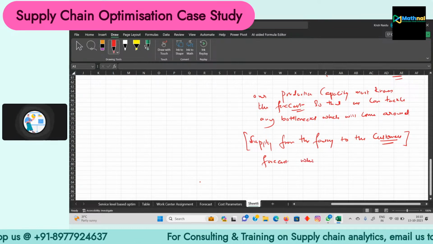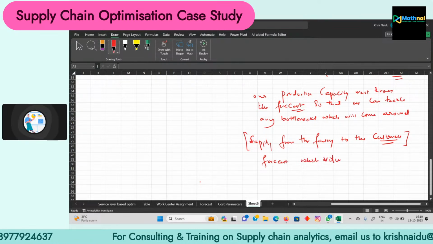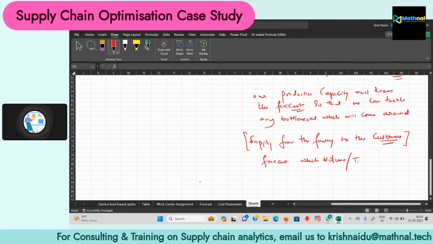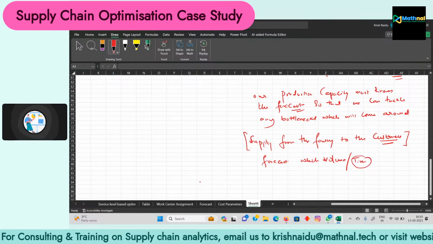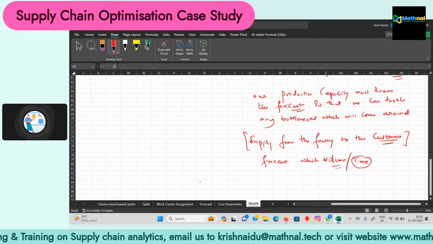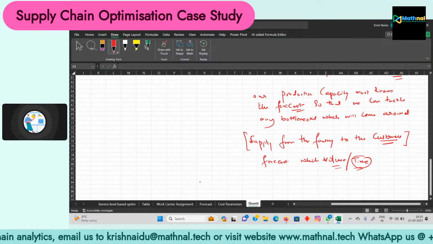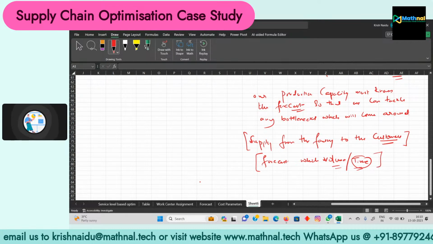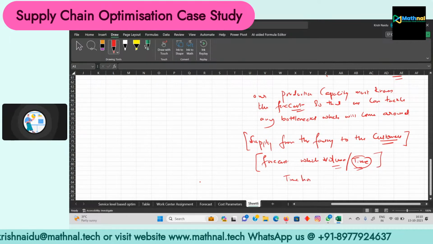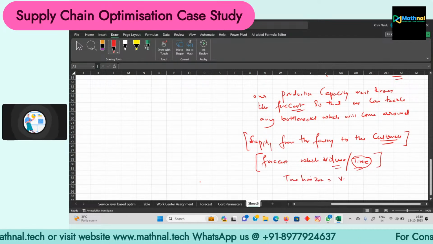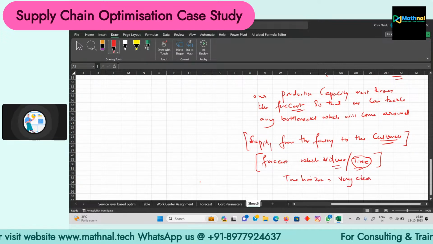which is per unit volume, which is volume per time, we need to clearly define what the time is. So are you defining volume by 2 weeks or 1 week or 1 month or per day? What is your forecast? What is the time horizon? It's a very, very important part. If you're not defining the time horizon very clearly, then your calculations,